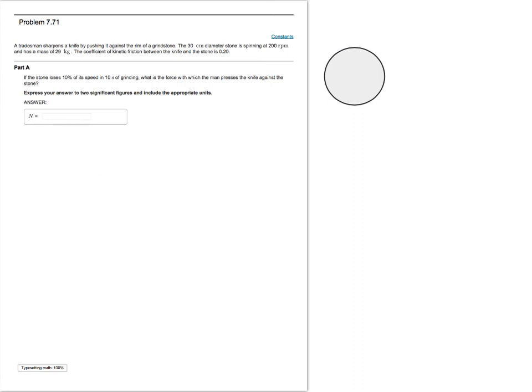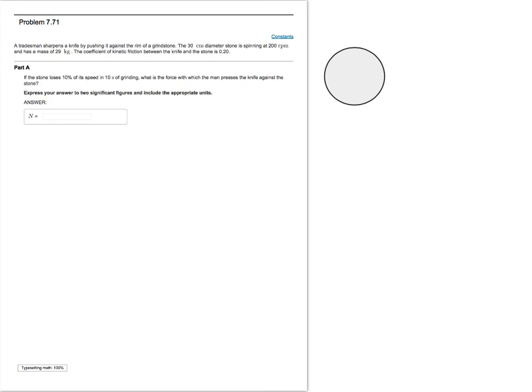For this last problem here, we have a person sharpening a knife by pushing it on the rim of a grindstone, so just a solid disc. And we want to figure out what force he exerts on the grindstone in order to slow down the wheel at a certain rate. First we're going to think about the forces acting on this grindstone. I'm going to do this view from above, so gravity is going into the page, and the normal force supporting it is going out, and we'll ignore those and focus on the other forces